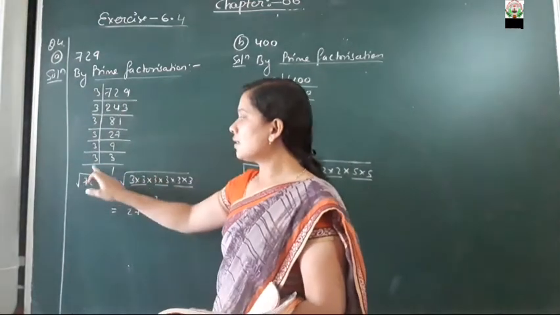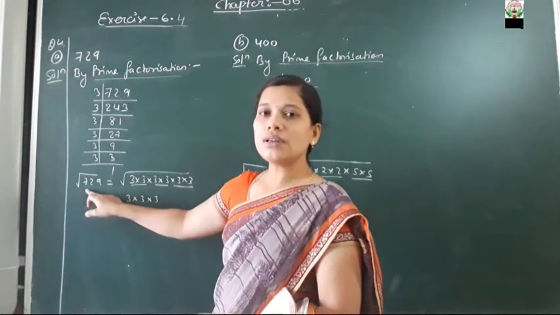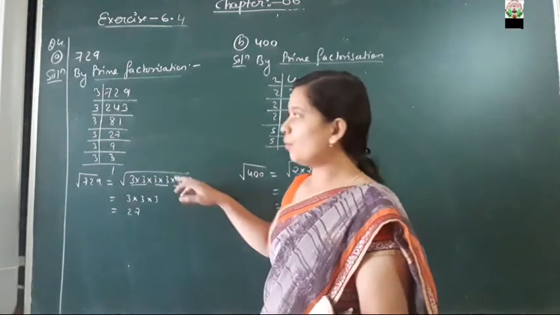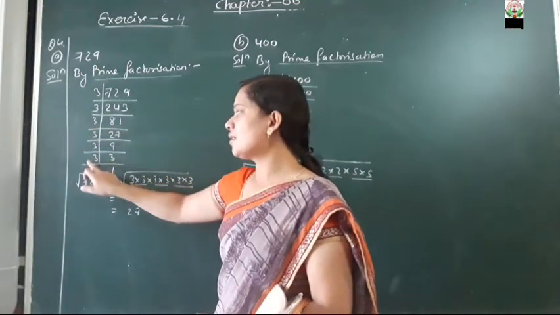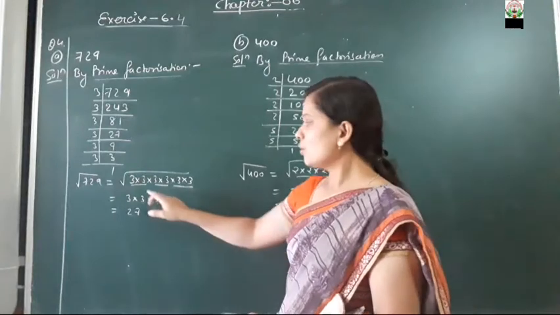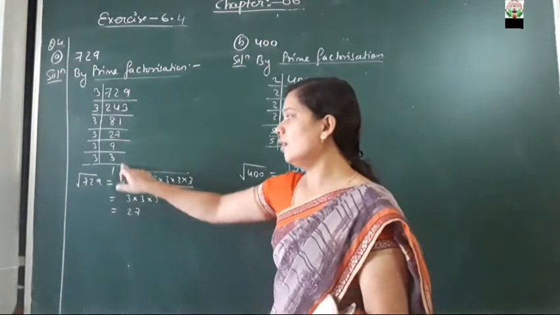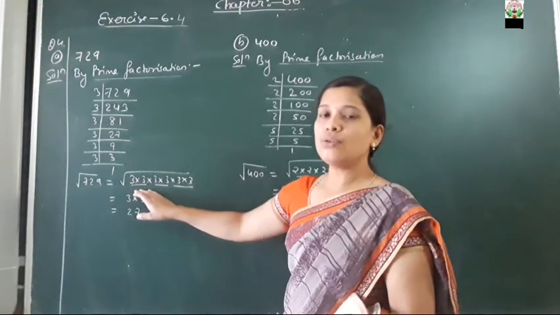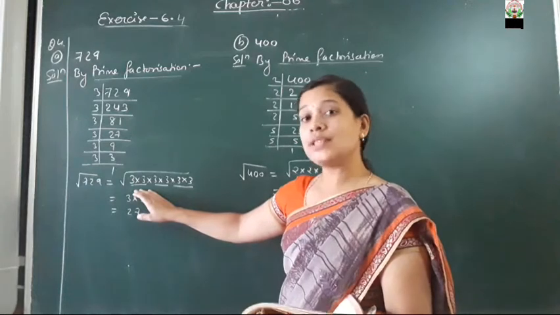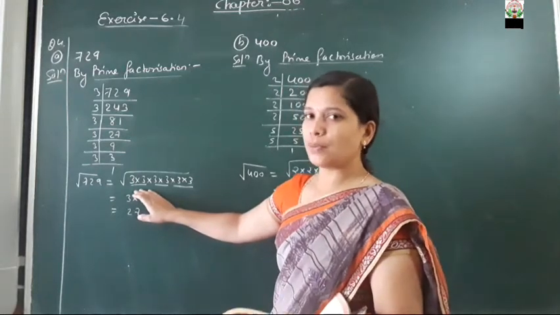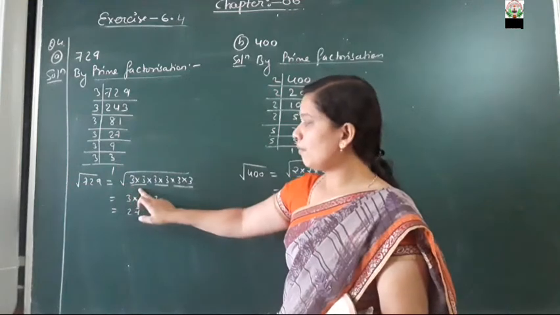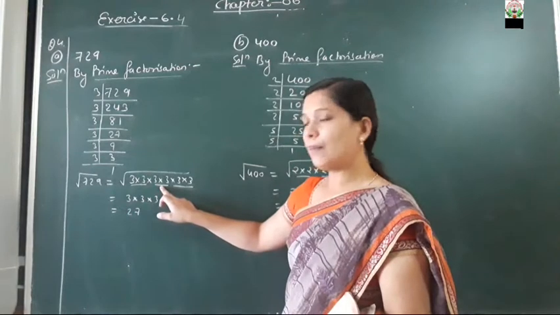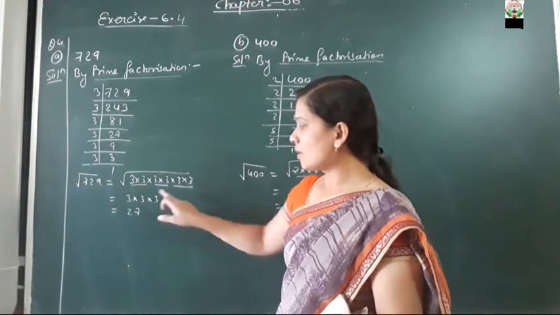Okay, now what we are going to do? Since we have to find the square root of the number 729, all the factors are written inside the root. 1, 2, 3, 4, 5, 6, there are six 3s, so those six 3s are written inside the square root. As I told you beforehand also, inside the root we have to make pairs of the same number. So here 3 into 3 will be one pair, so among the two numbers one will come outside. Again there are two 3s paired, so among the two 3s one 3 comes out, and again the same thing happens here.